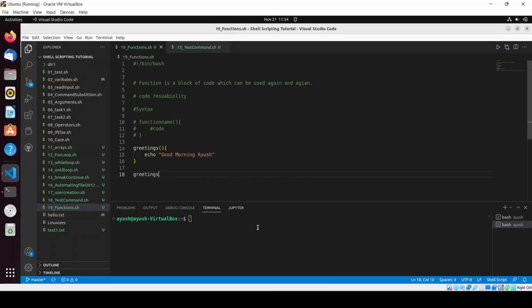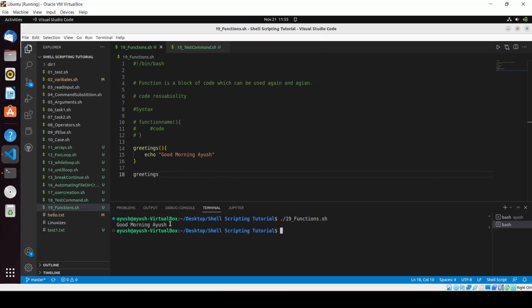Now let me move into this particular directory, and I will provide permission to the file, chmod plus x 19 function.sh. Clear the screen, dot slash 19. Okay, so here you can see good morning Ayush has been